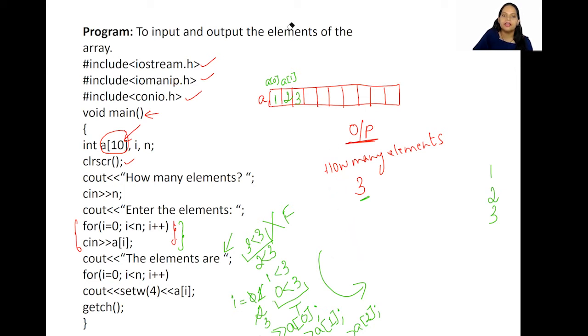Then after that, it said enter the elements, isn't it? That time I entered these values. Okay. And that is when all this process happened and I got these values stored in this particular array. And after that, I'm going to get the output as the elements are.